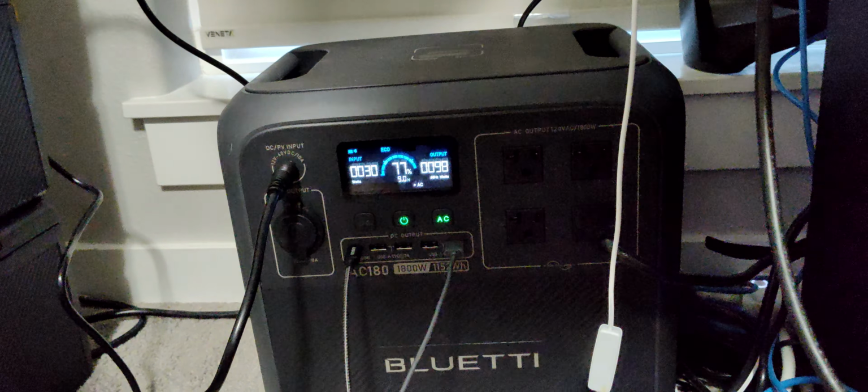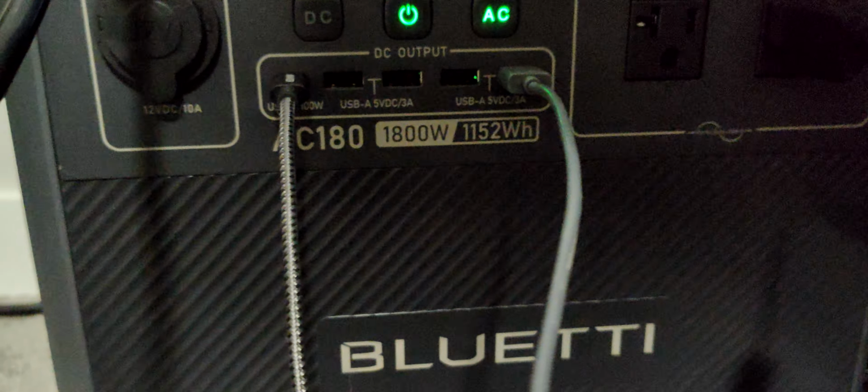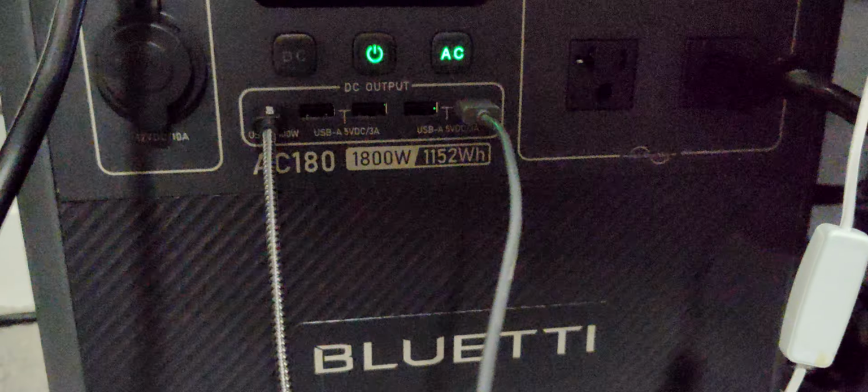There is AC pass-through, but as I said, the UPS function on this is kind of not great in this particular situation. But otherwise, it's a pretty good battery. It's got decent capacity. It's got decent power. We can see the power rating, 1800 watts, which is plenty for a PC. I could be plugging a lot more into this, but